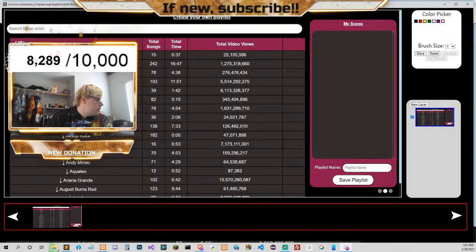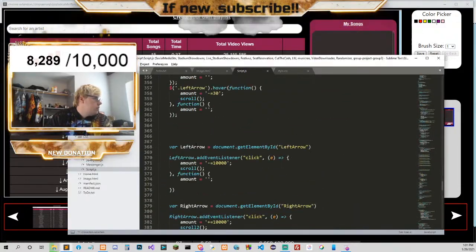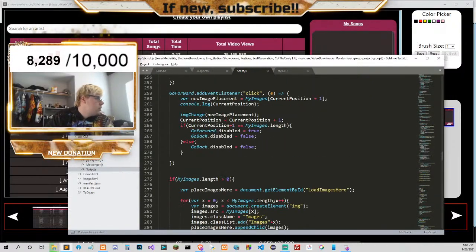New layer is not a function. I would beg to differ.